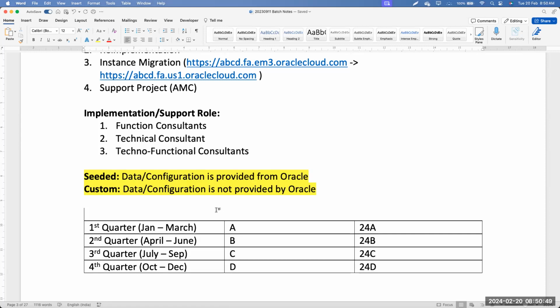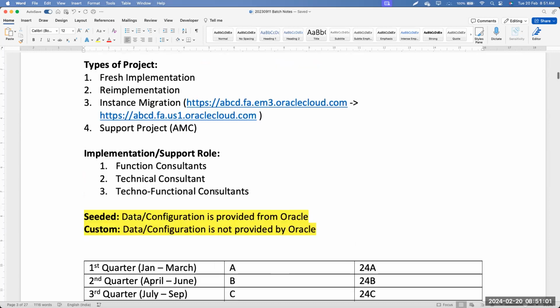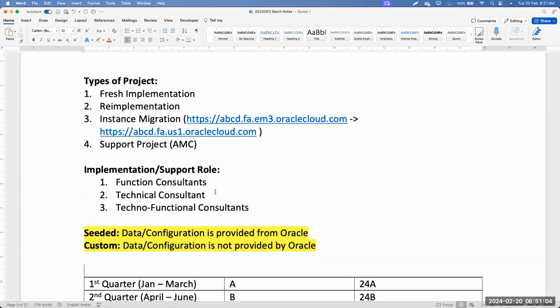And Harish, this is an automatic update, right? So a functional consultant or a technical consultant should not go in and do the update. Yes, it is automatic. It is done by Oracle. So what happens in a real-time scenario is, the IT team in the customer will have an IT SPOC. The IT SPOC from the customer side gets an email from Oracle in advance.